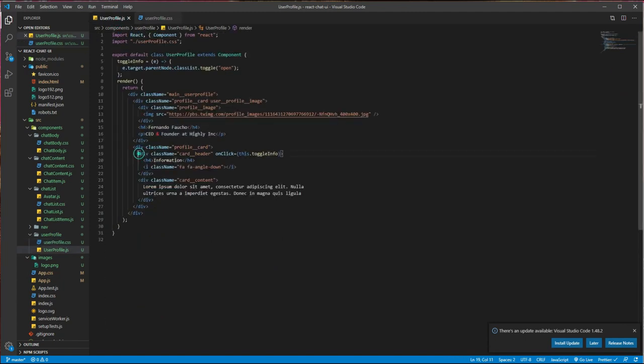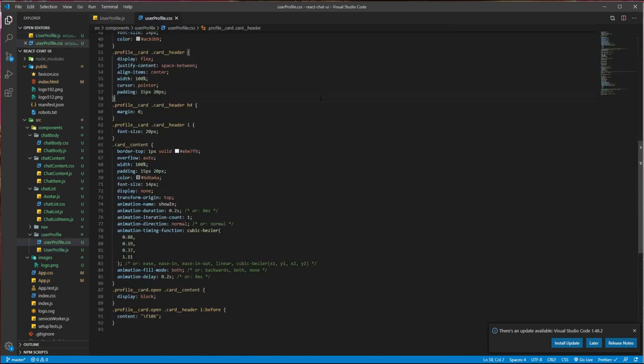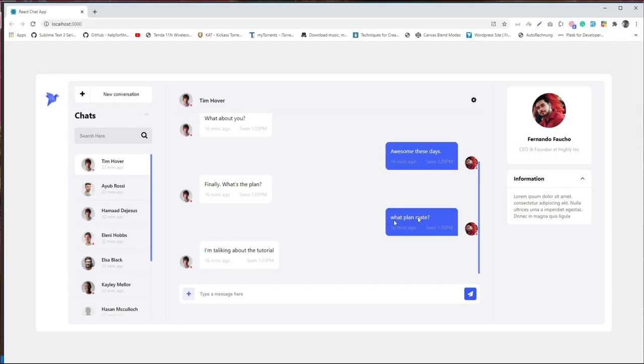You can see in the header we have added an onClick event listener with a toggle info class. It is adding a class here, open, and based on this open class we have display block and display none. Initially the profile content is display none, and whenever the open class is added, we make it display block. So whenever we are clicking,